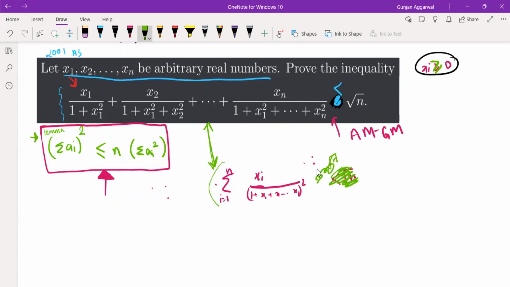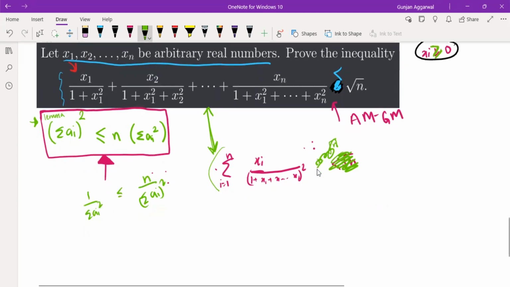No, reciprocate both the sides. So n by sigma ai whole squared is greater than or equal to 1 by sigma ai squared. Yeah. So now multiply both the sides by xi on the numerator. It's xi by